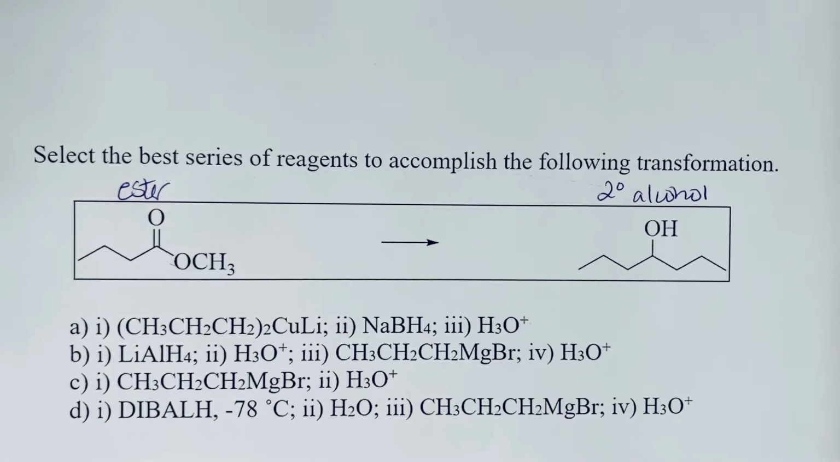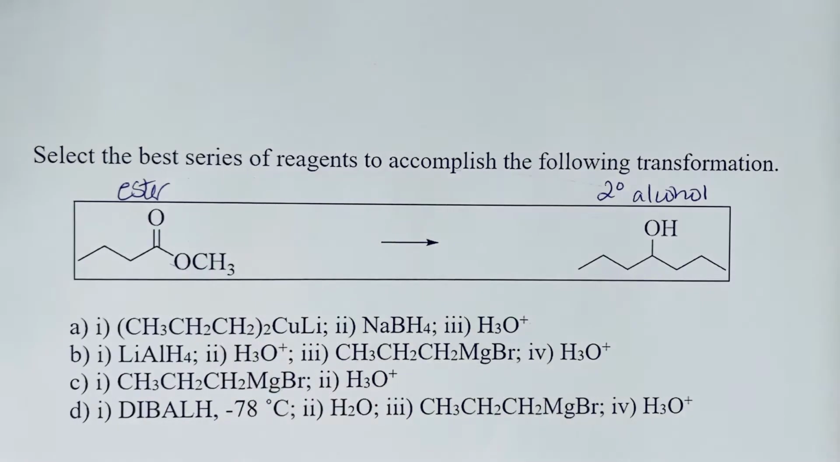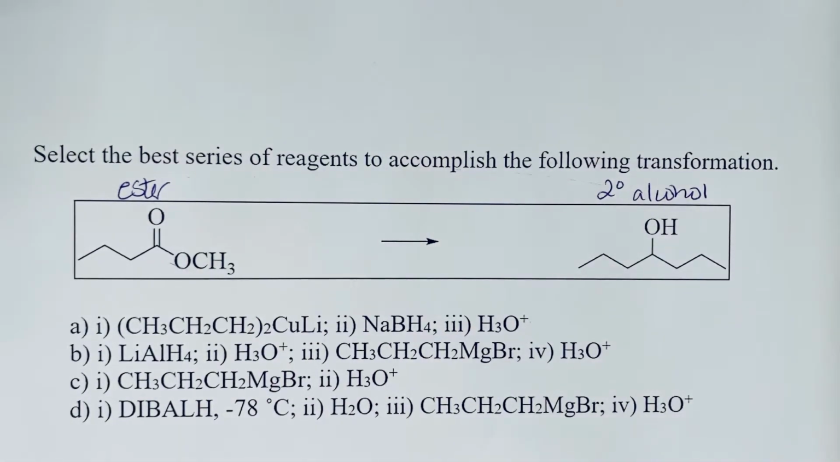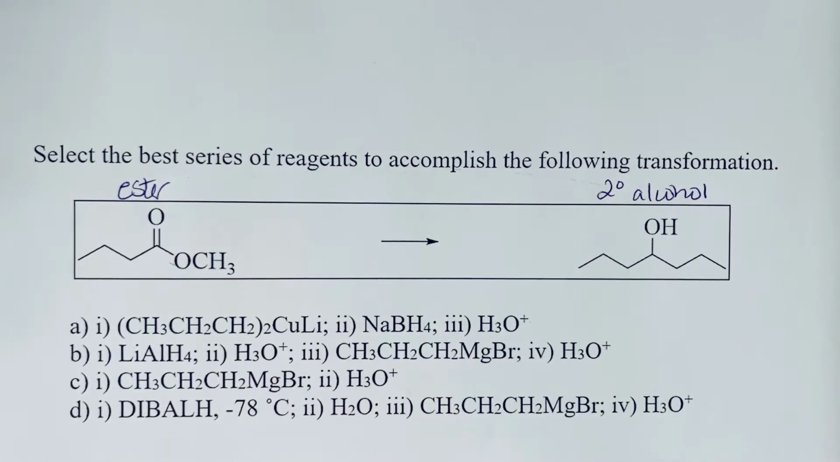Select the best series of reagents to accomplish the following transformation. So we see, and we've already labeled here, that we have an ester that we're starting with. We always want to look at functional groups, and we are forming a secondary alcohol. So we've definitely got a change in functional group, and we also want to see,